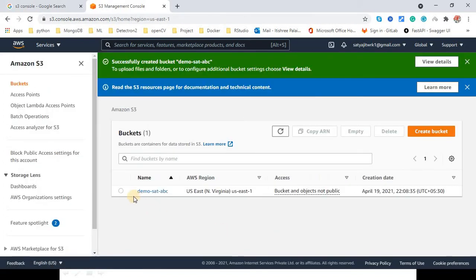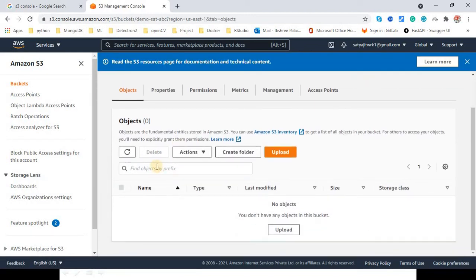Now you can see immediately that the bucket has been created successfully, and the bucket count has increased to 1. If you see, the bucket is located in the global region. I'll explain in a minute why it is located in the global region. So let's pick the bucket, and now you can see that you directly come to the section called objects. In this case the objects are empty, and these are some of the functionality, properties or attributes of your bucket.